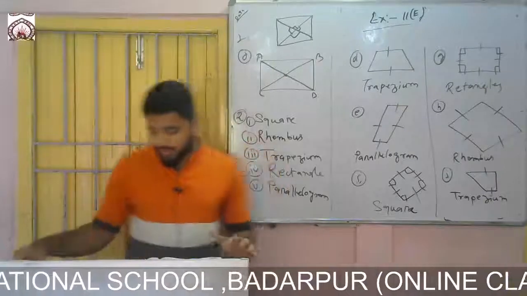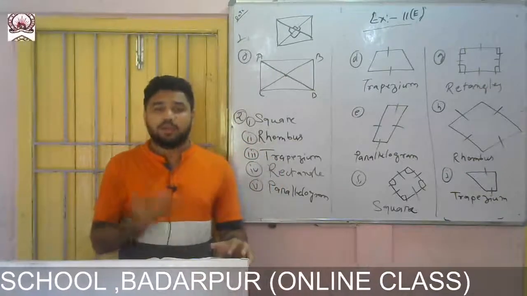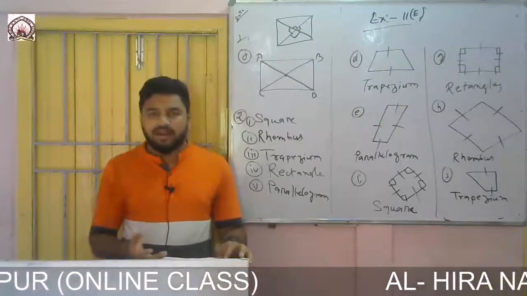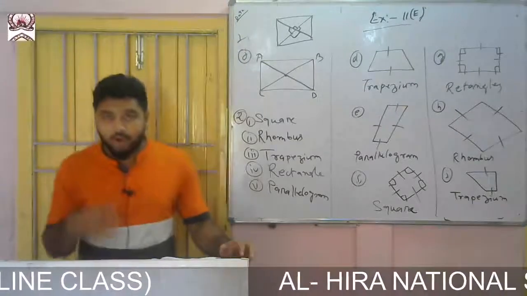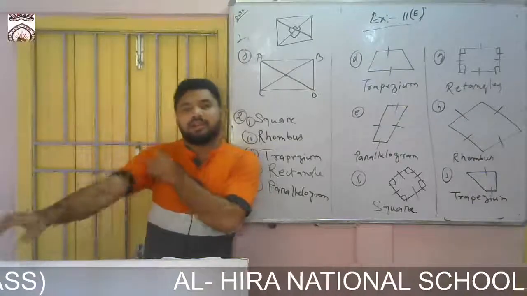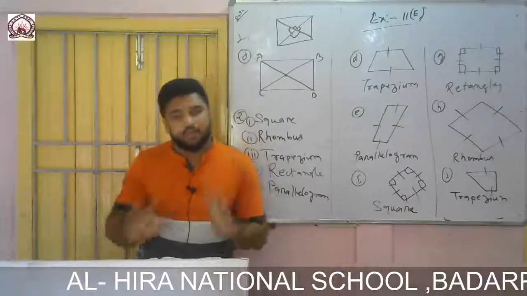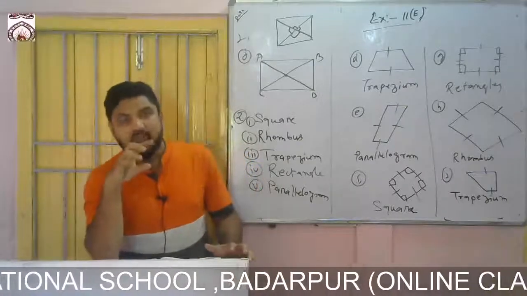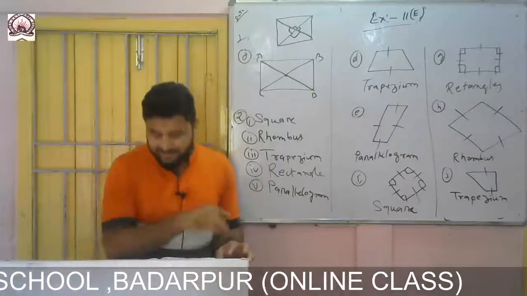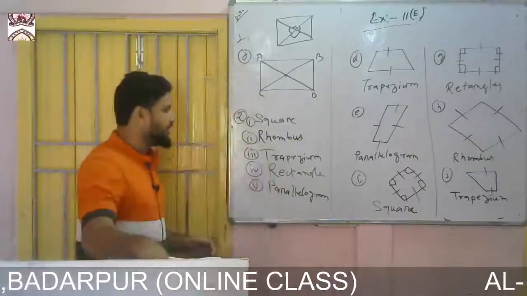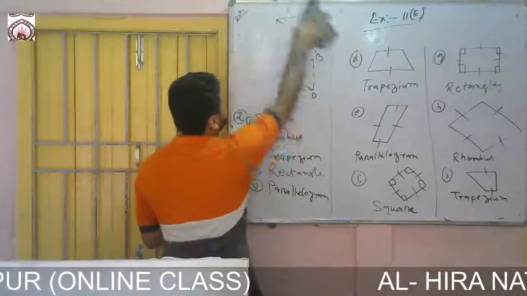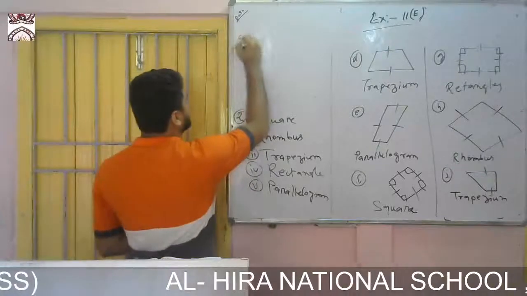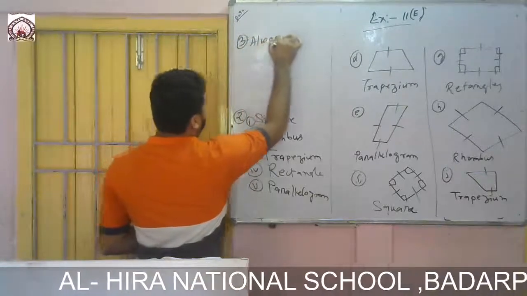If I take an example, a square is a quadrilateral. A rectangle is a quadrilateral. A rhombus is also a quadrilateral. If I take all these, then these are quadrilaterals because they have 4 sides. And to become a parallelogram, they need to have parallel lines. So each of them has parallel lines. So I can say that a parallelogram is a quadrilateral. It is always true.